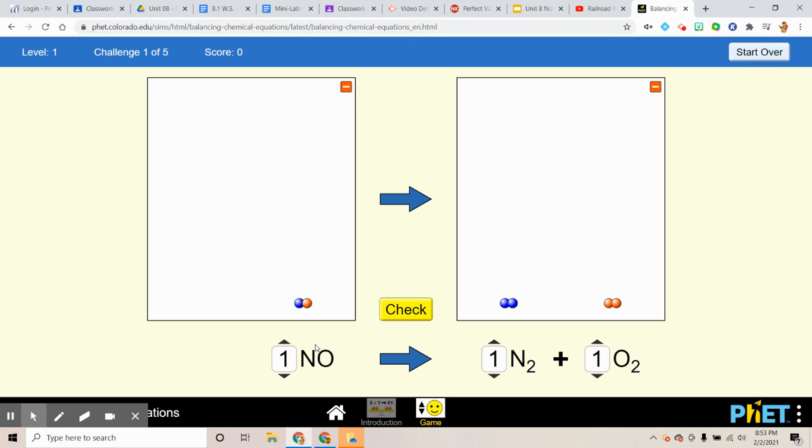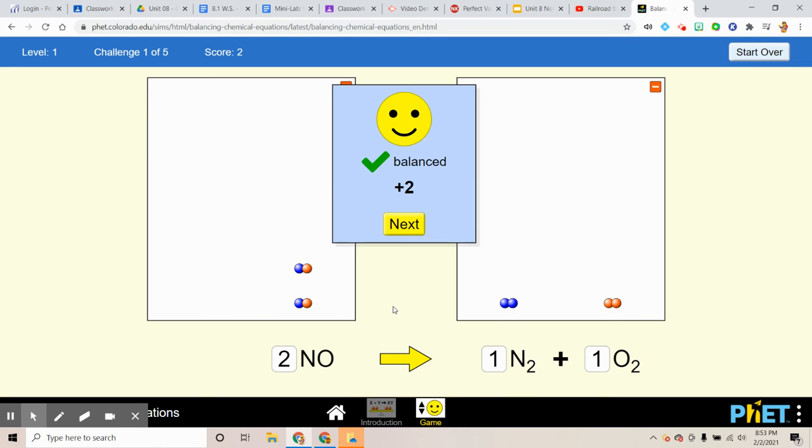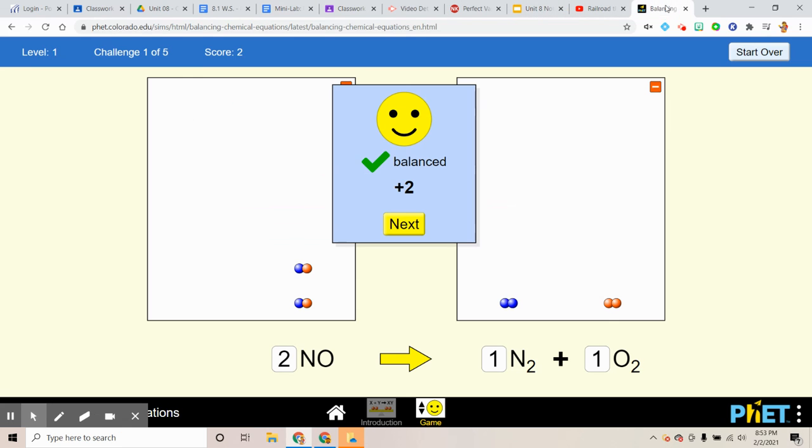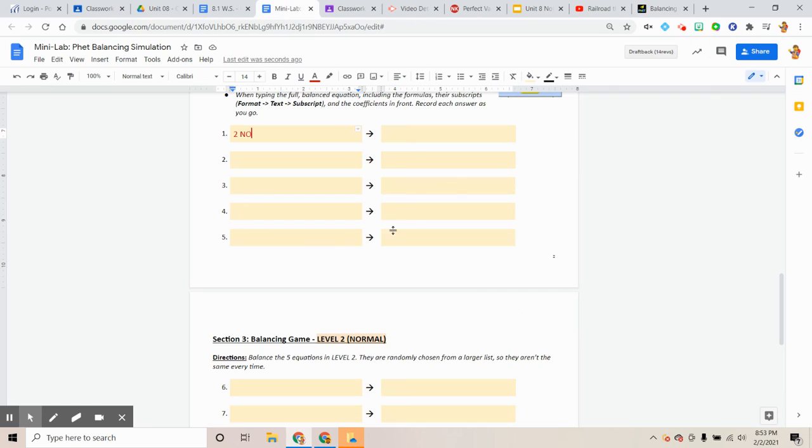Okay, now here we go. Let's see here. So 1, 2 nitrogens, 1, 2 oxygens, 1, 2 nitrogens, 1, 2 oxygens. Let me check the balanced equation. Very good. So in your lab, you would type 2 NOs. All right, 2 NOs. And what they yield is 1 N2 and 1 O2. All right, so they yield 1 N2 plus